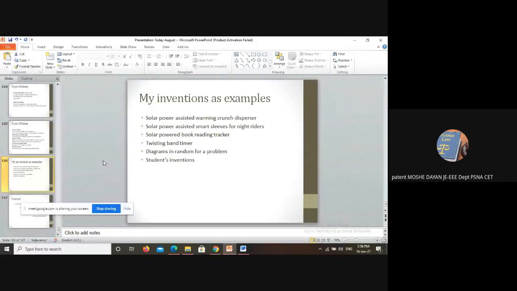So I have designed a new timer which is not an electronic device, a spinning timer, a twisting band timer. I have filed a patent for the same. These are some of my inventions. And recently I am filing two more patents. I will not disclose them, because I think I will be filing them by this month end.